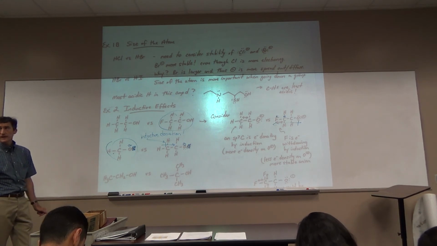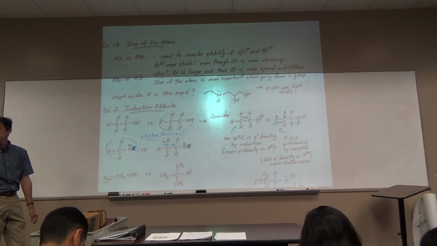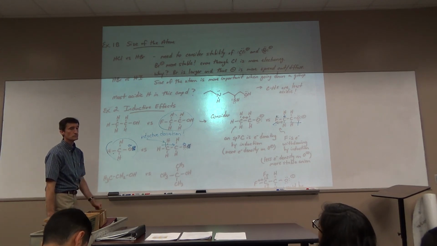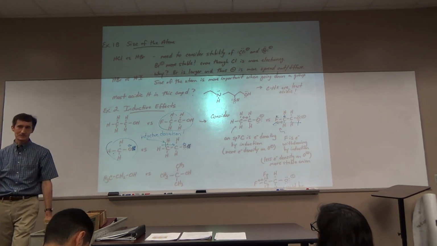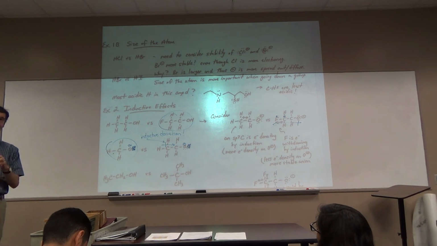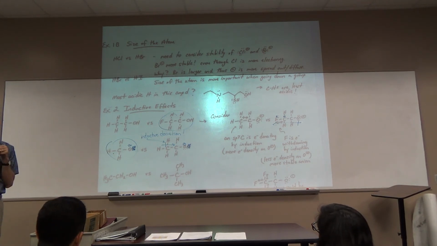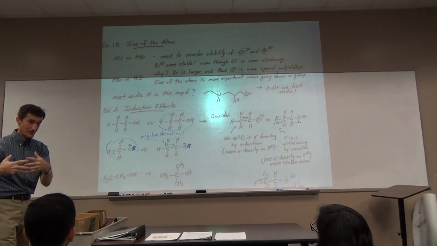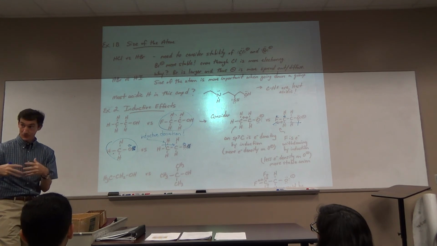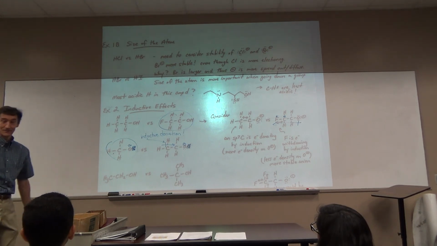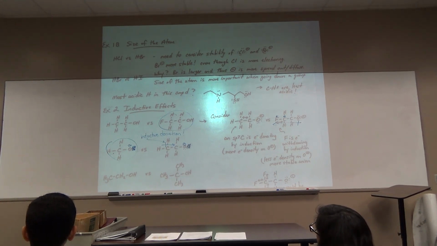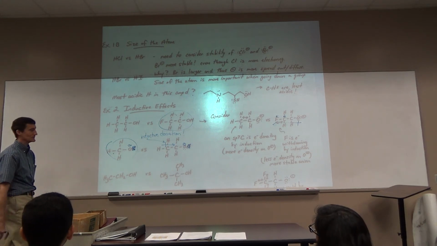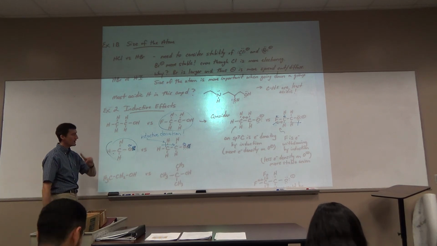How do you stabilize a minus? You pull electrons away. See if you can get this one. All right? We're testing. What if it was a positive? How would you stabilize a positive? You would not pull electrons away. You would give electrons. You would push electrons towards it. It's the opposite. But right now we're dealing with anions.